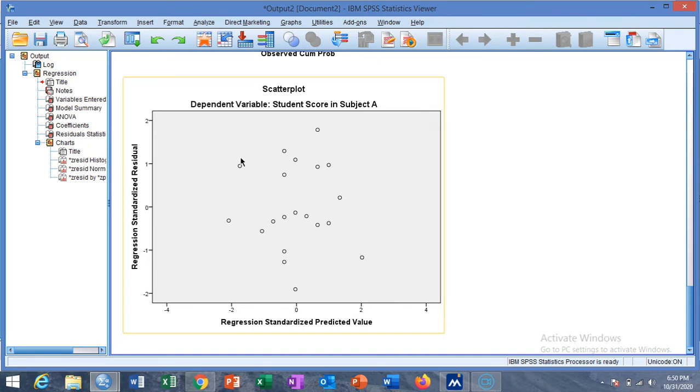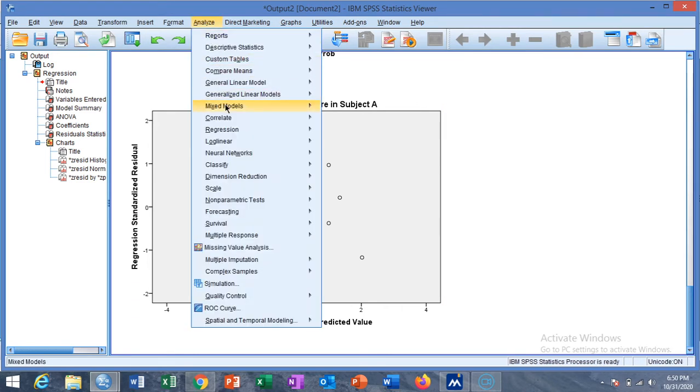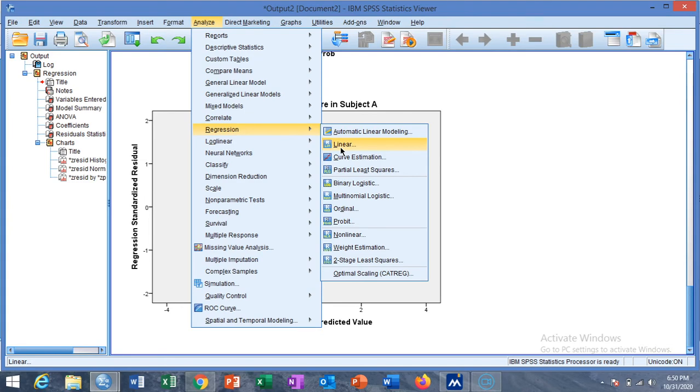So these are all the model summary and the model diagnostics for a linear regression with a single predictor.